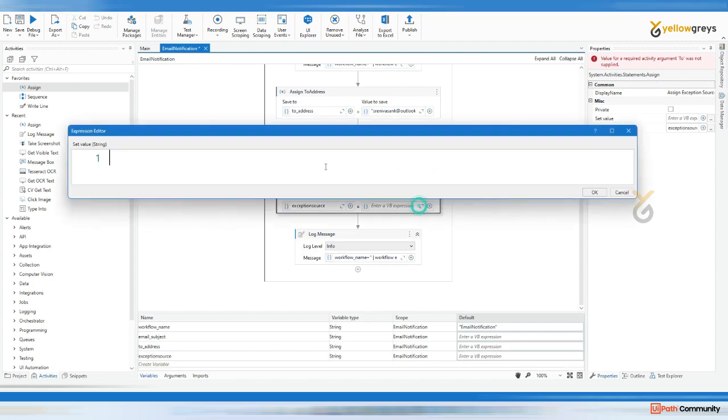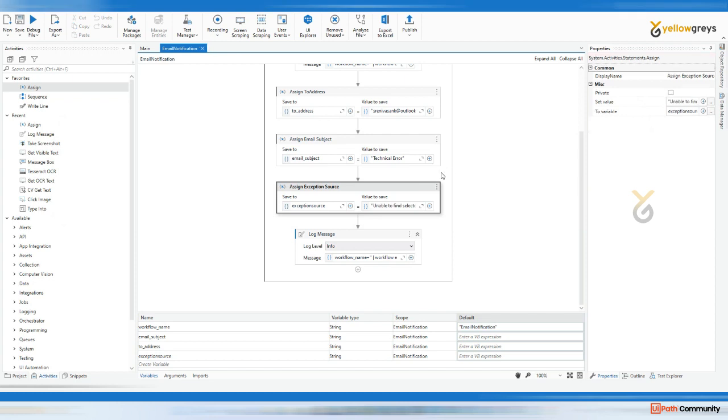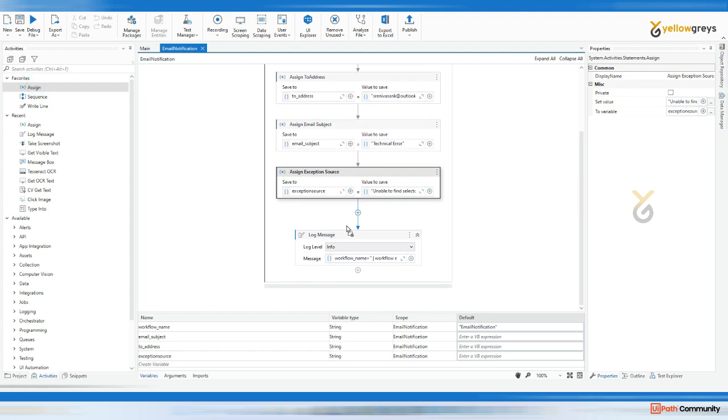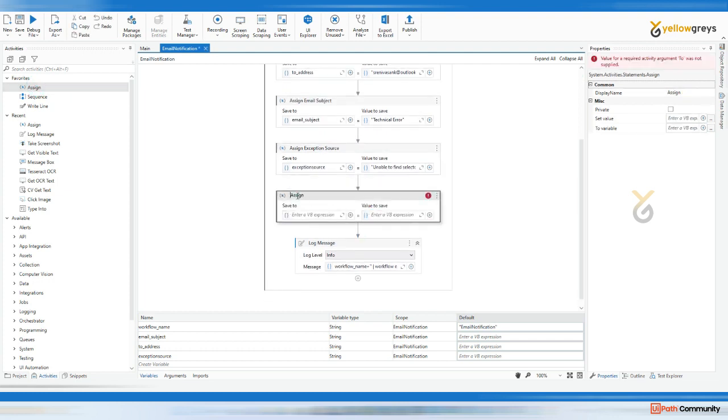Okay, so here I'm going to tell that unable to find selectors. Okay, so assume that these are the inputs coming at the time of exceptions. Okay, so again one more thing, I'm going to pass exception message. Okay, and go here, exception message,